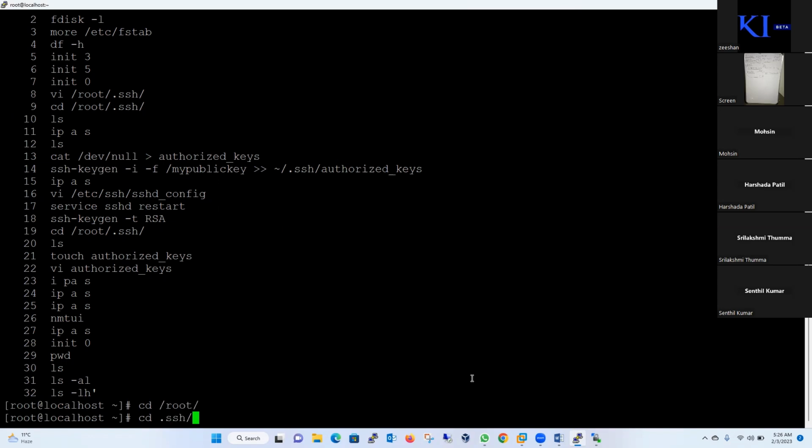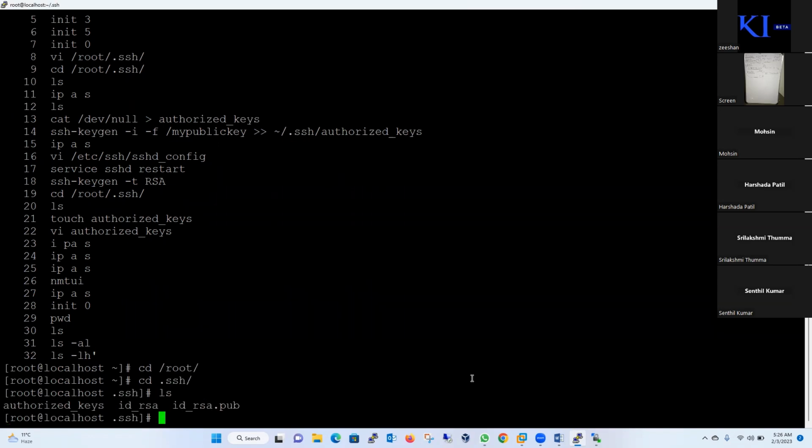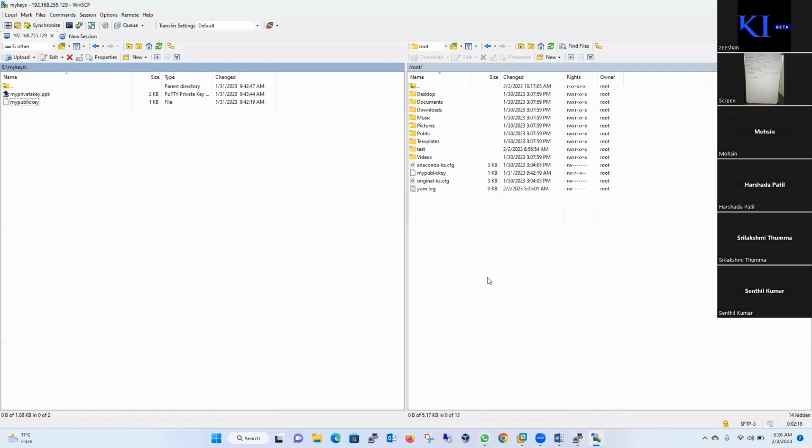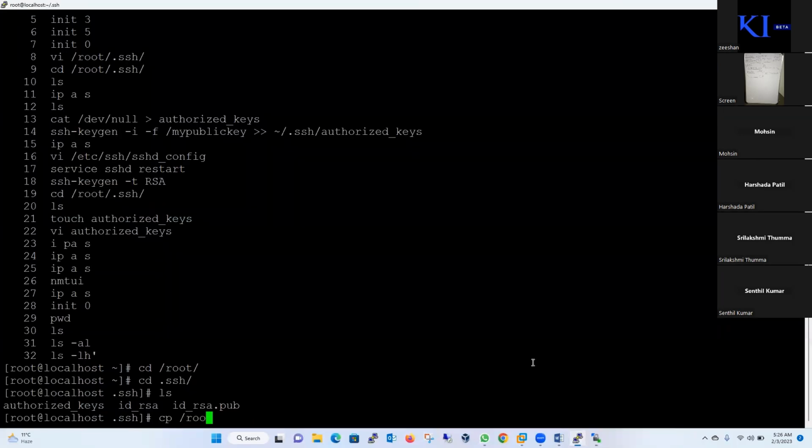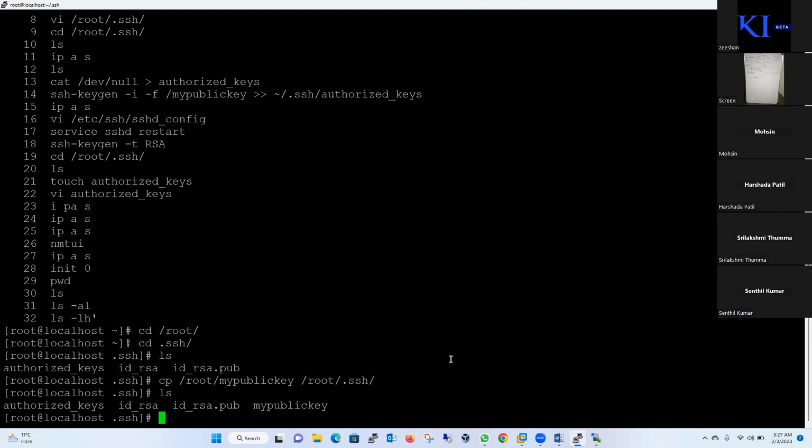you will cd into .ssh, and then cp the file you have uploaded from your Windows machine. Where have I uploaded it? In the root, my public key. In the cp command, the dot means the directory I am already standing in, so I don't need to give the full path, or you can give the full path root/.ssh. So this is my public key, and I will use this command: ssh-keygen -i -f,